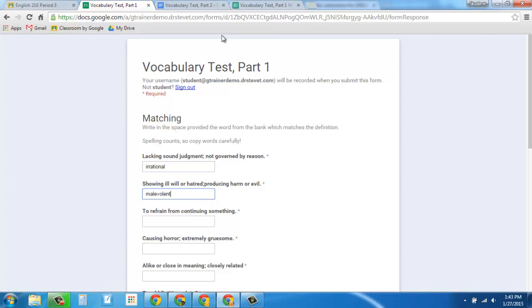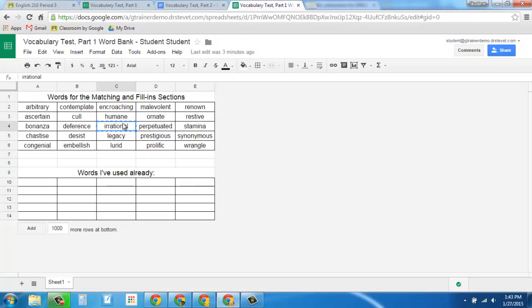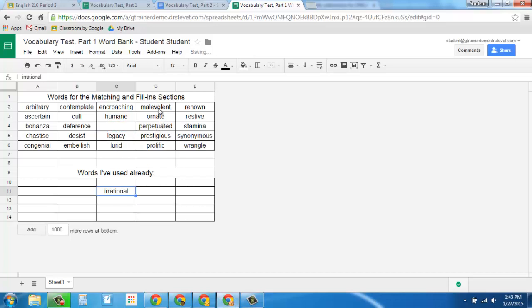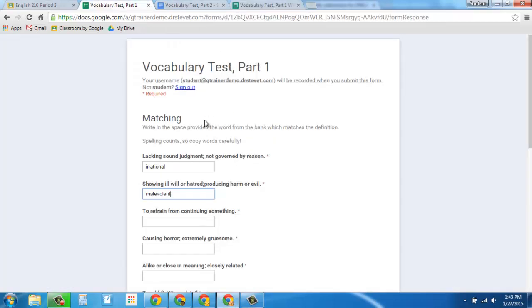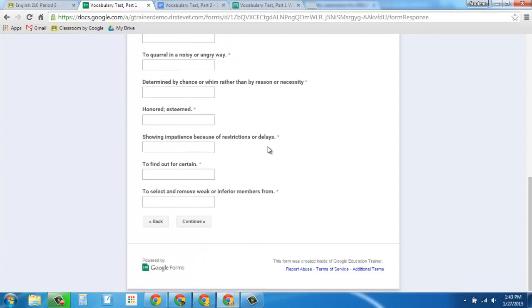but I've got to make sure, especially on a form or on a test, that I'm putting in the exact right spelling. So copying it and pasting it is going to probably make it a little bit easier on me. Then I can cut it and paste that one, and I can cut and paste this one. And so now I know which ones I've used and which ones I haven't. So I can go through and fill in all the answers on this test,